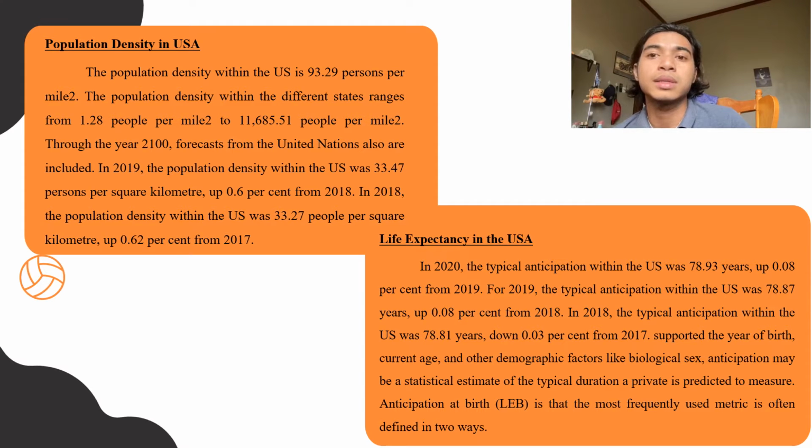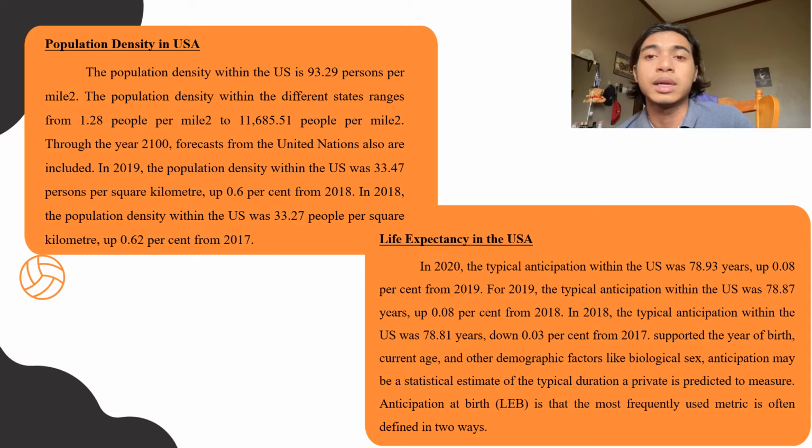The population density within different states ranges from 1.28 people per square mile. Through the year 2010, forecasts from the United Nations also include